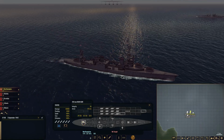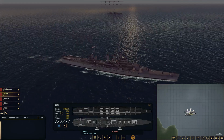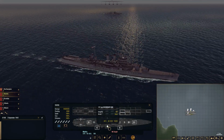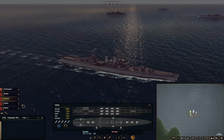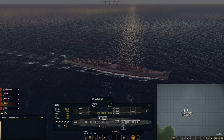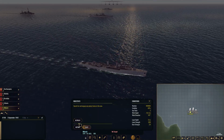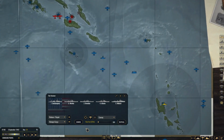Some fair damage onto the Northampton, but nothing too much to worry about there. Don't think we need to send that back. Wichita is saying it's worse than it really is, I think. It's some minor damage on there. Very minor on the Brooklyn as well. Atlanta's actually looking pretty decent, just a few components hurt and tickled there, and the Nikki Black's actually looking pretty decent in itself. So that'll do for that particular task force, but we won't be sending that back out as it stands, I don't think,